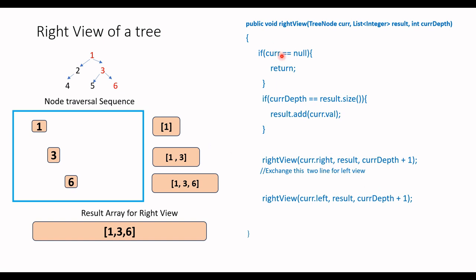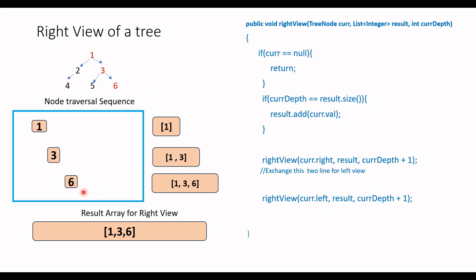6.right is null, so it will return back, and then it moves on to the next step, which is 6.left, which is again going to be null, so it returns back, and then it comes back to the point where we had left for 3.right, which was 6. So at this moment,